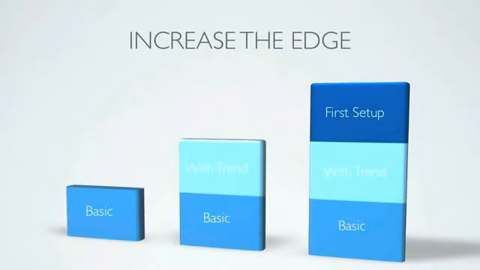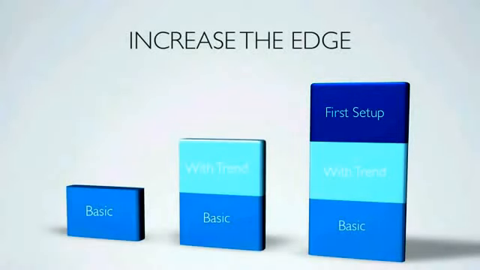You can increase the edge of this system. The first one is the basic setup. That's what I've told you now. But you can increase your odds by trading with the trend. So we have an initial downtrend, and we then have a breakdown of the Bollinger Band squeeze. That's with the trend. You can increase your odds even more by going with the basic setup, with the trend, and it's the first Bollinger Band squeeze in that trend, the first successful Bollinger Band squeeze.